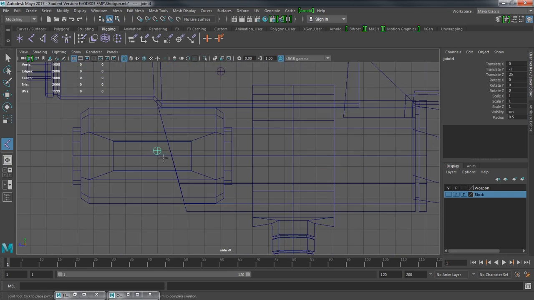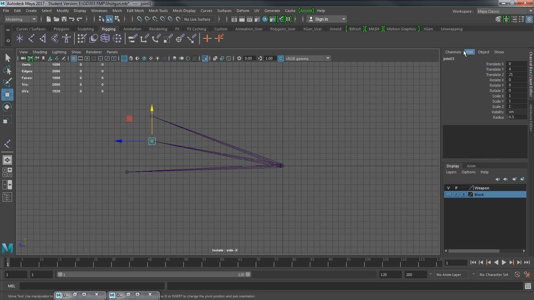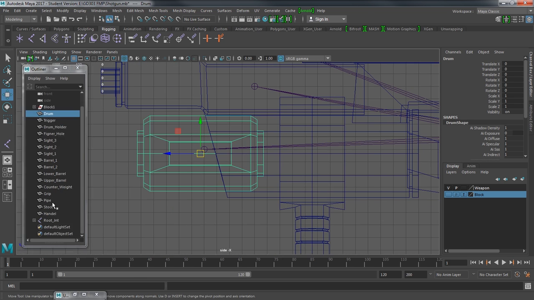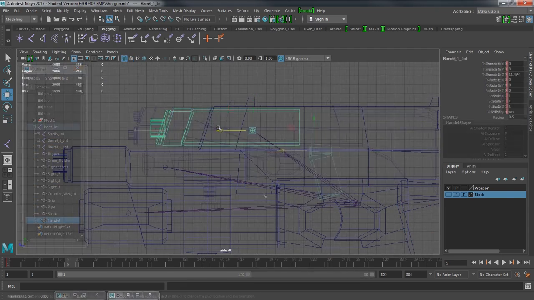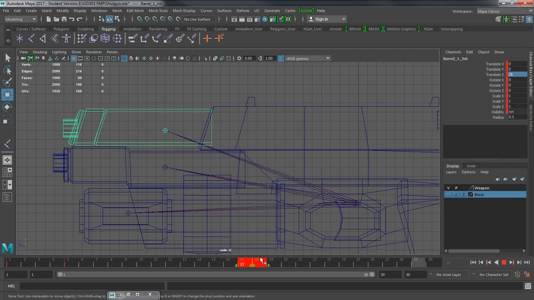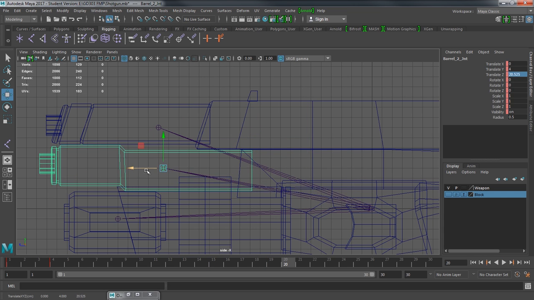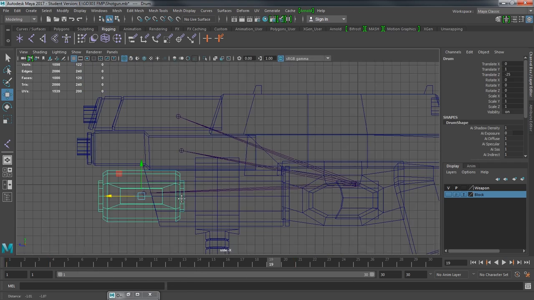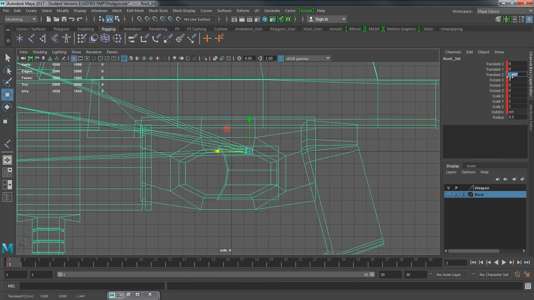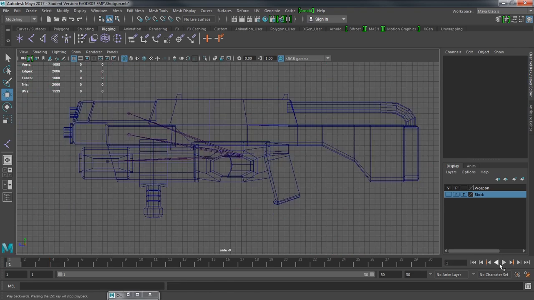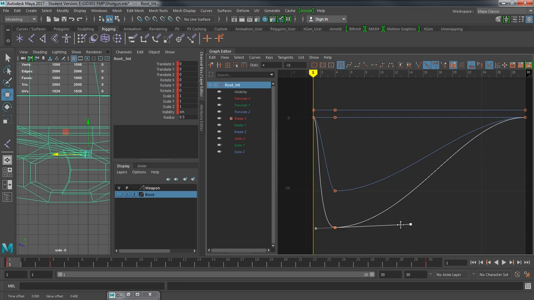Onto the rigging process now, and I'll be using joints in order to animate this and export it. So the joint system works by having one root joint which will parent all the static parts of the mesh towards it, and each of those external parts are then parented to that root joint to act as the moving parts. I then animate these joints in order to have the parented meshes also attached to it, which causes the animation, and this is the method which I'll be using for Unreal.